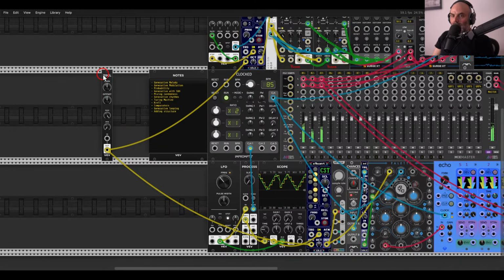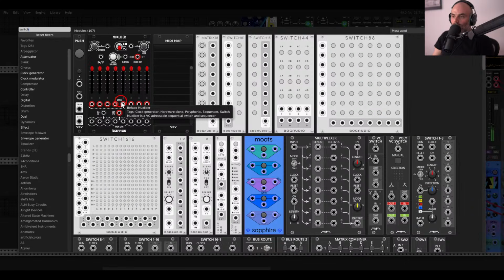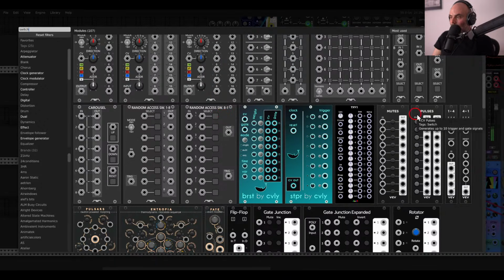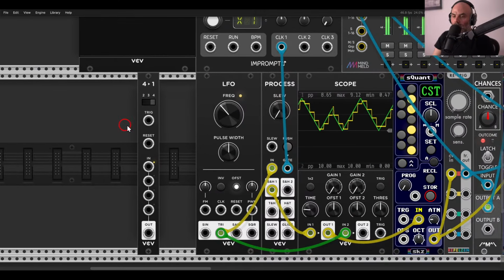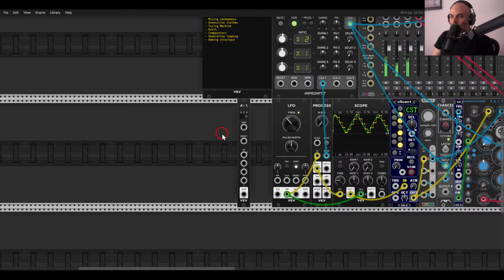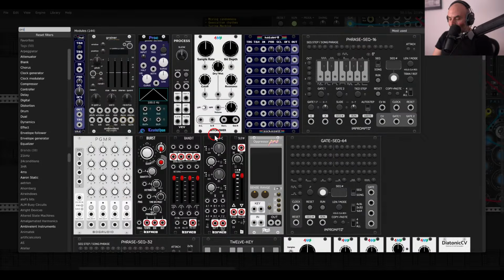So what we can do, you know what we can do? I know what we can do. Let's use a switch, a sequential switch. This is also something I show in the course, using switches for adding all sorts of generative movement and variation, right? And what we can do is we can have here a random signal. And let me show you what I mean by that,